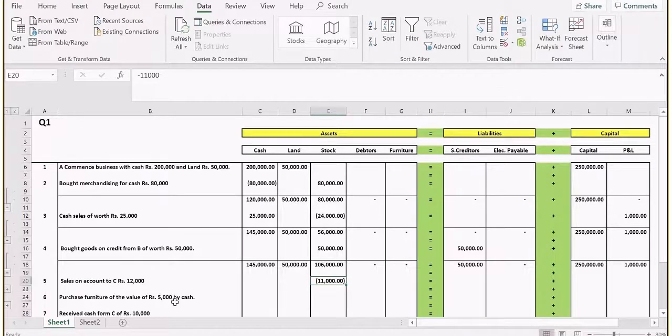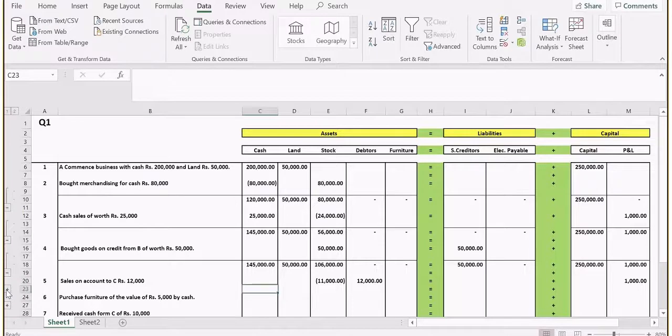because this transaction is on a credit basis, that means there is a debtor which will be created. So I'll be having 12,000 rupees of debtors being created because the transaction is on credit terms. And again, as I said, 1,000 is my profit element in it. So 1,000 will be a profit element in this equation. So now you can see left hand side equals right hand side, and then I can say that the transaction is complete and correct.